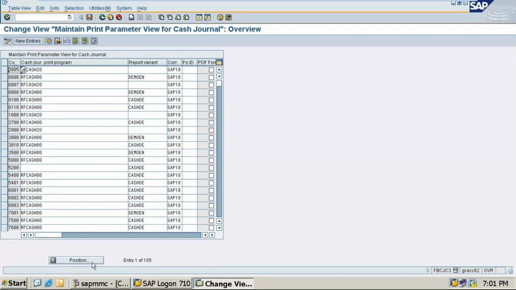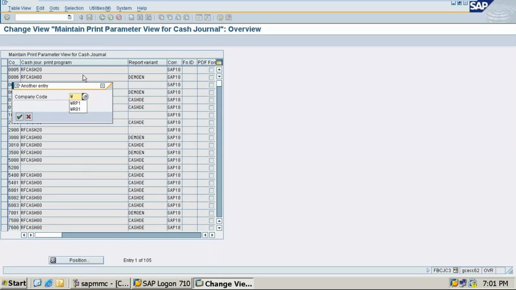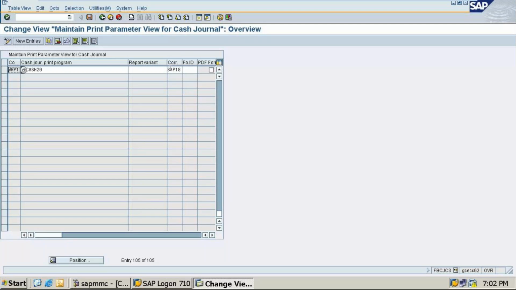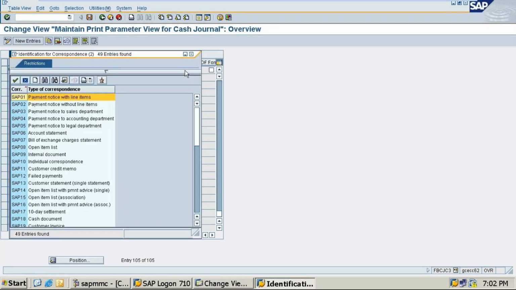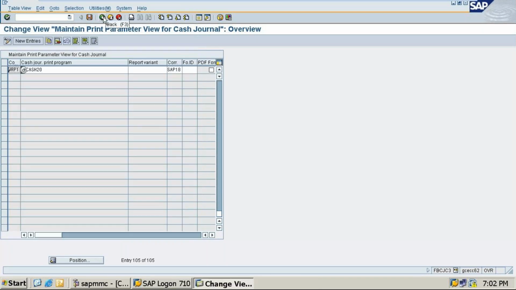Okay, so the company code I am taking is WRP1, which I have already created. That is the cash journals here, and you need not do anything here, no corrections or changes. Why? Because if you change here, it will cause problems at transaction time, so do not change anything. It is already set. That is for cash discount, cash customer invoice and so on. Let it be like that, and we have to save this.